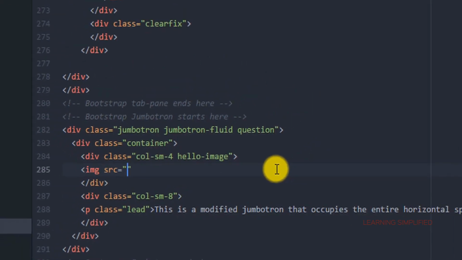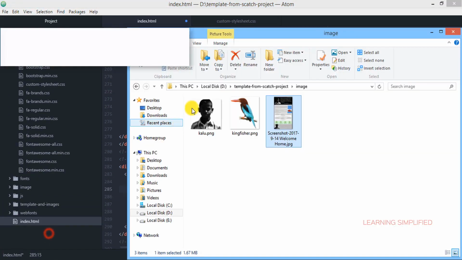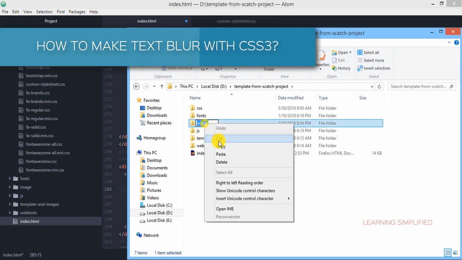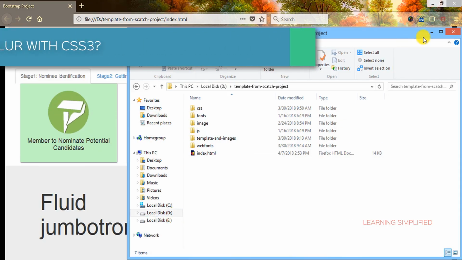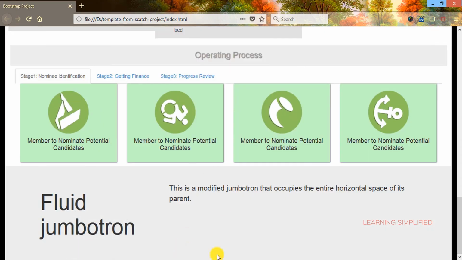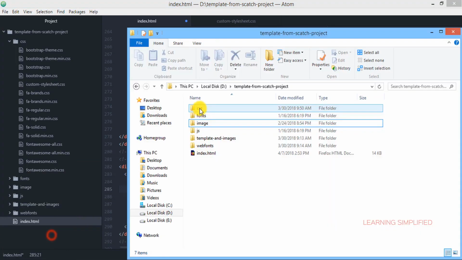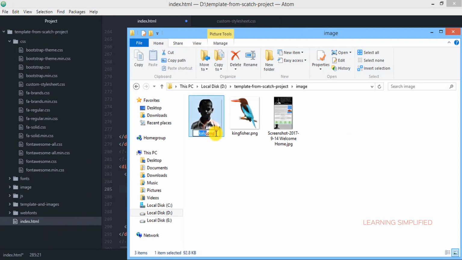Now this is the folder name, so we need to copy this folder name first, and then we will be needing that file name from here. This is the file name along with its extension name of .png.